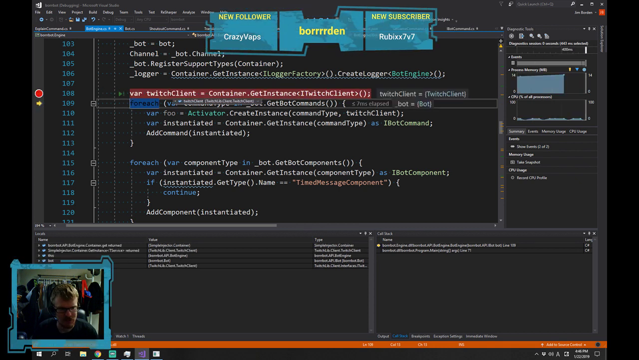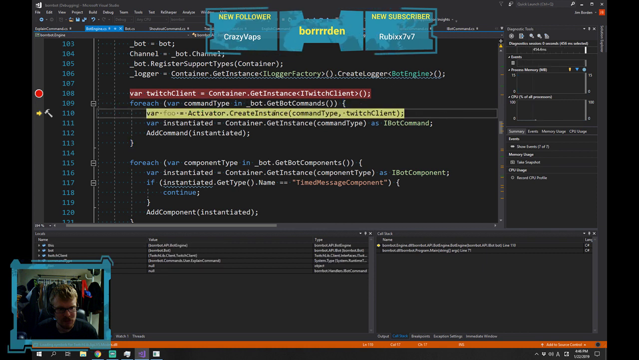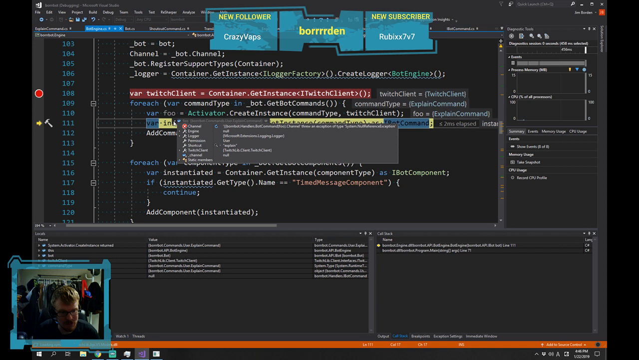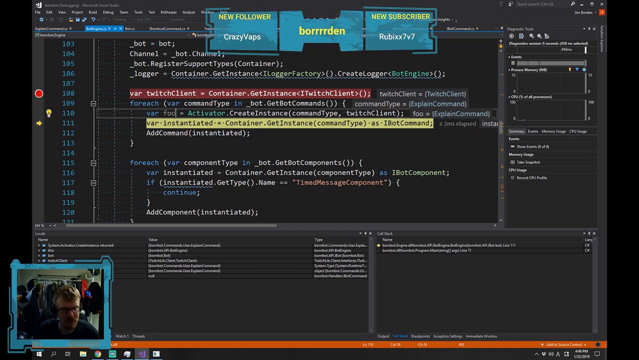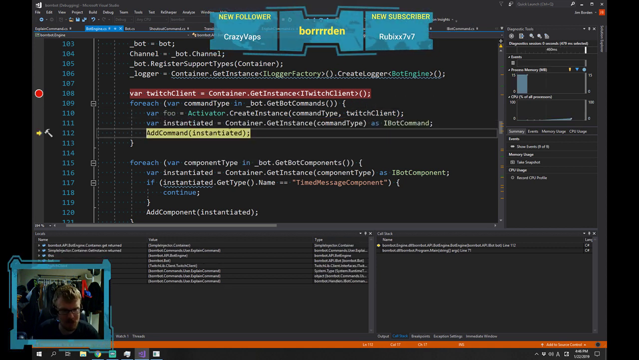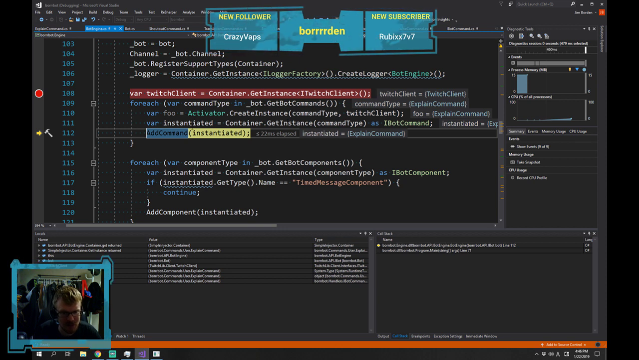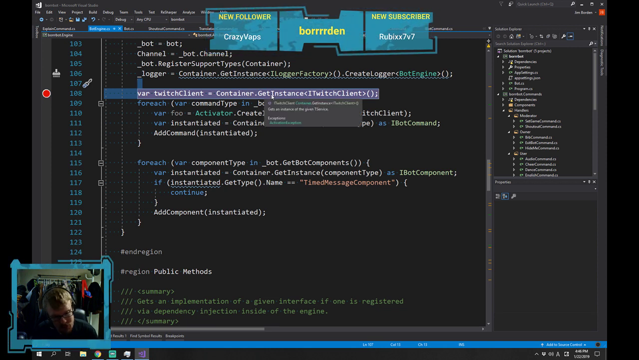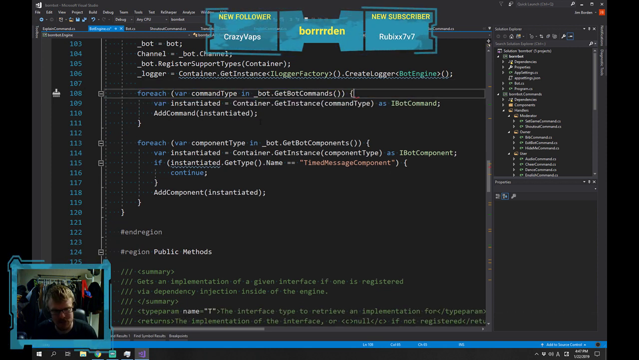So there's the Twitch client that I got out of it. First one is the explain command. There's foo. I was able to instantiate it, but this one gives me the same thing for less work. So why would I do it this way when there's a lot easier way to do it? Get rid of that. So this part it will do automatically for me, since it detects that inside the explain